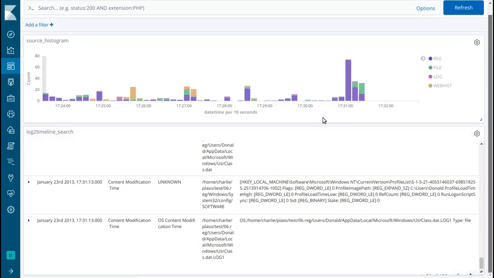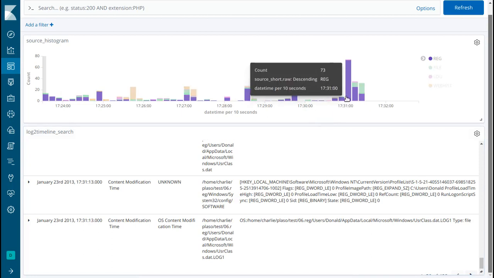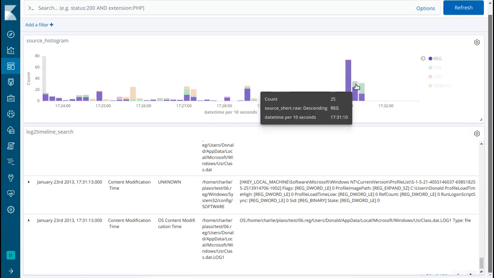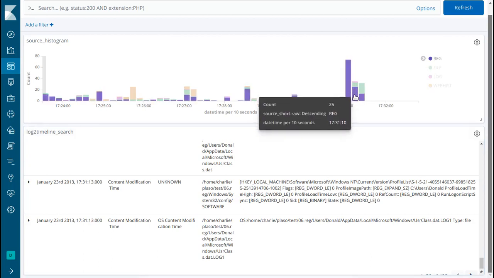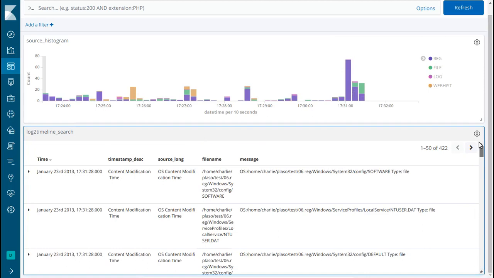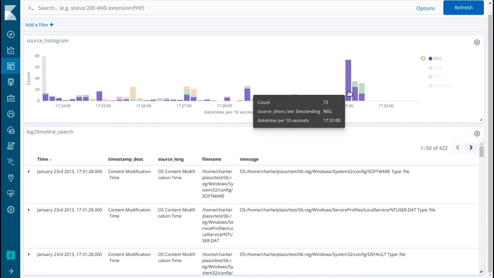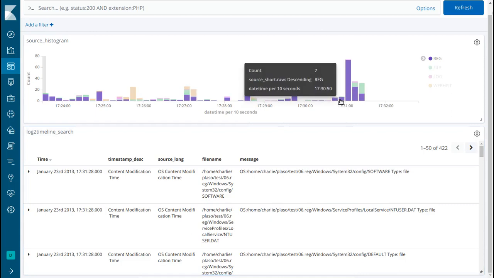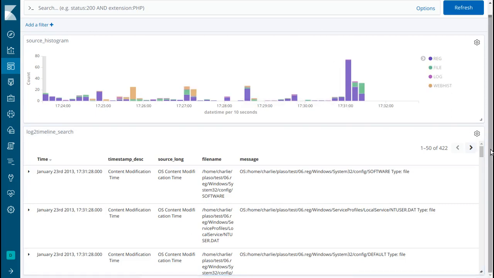This is 1731, so round about there. So that's the 10, so that's presumably a lot of these events, the registry keys being saved. So now we can look in a little bit more detail of what's happening here, and we can carry on to here. Now I'm more interested in knowing